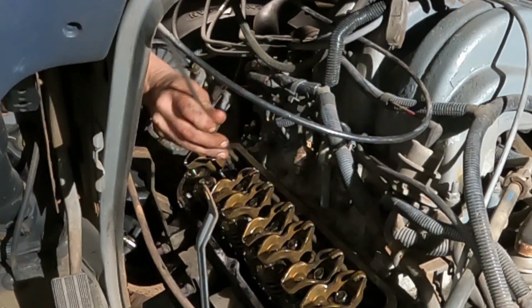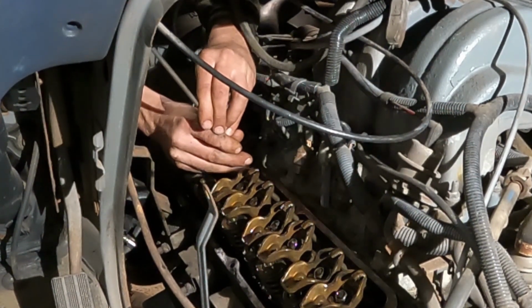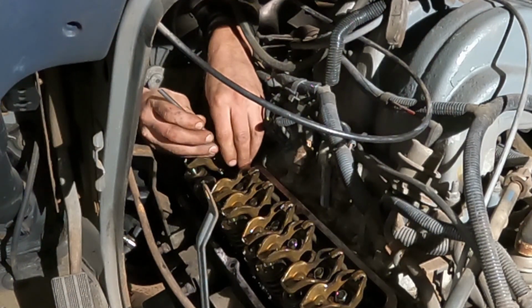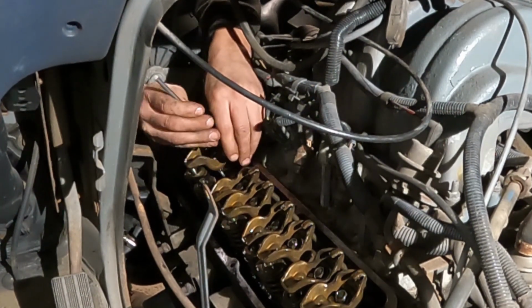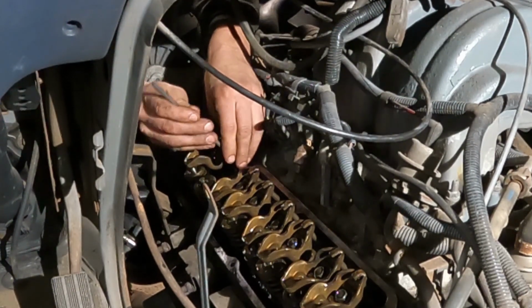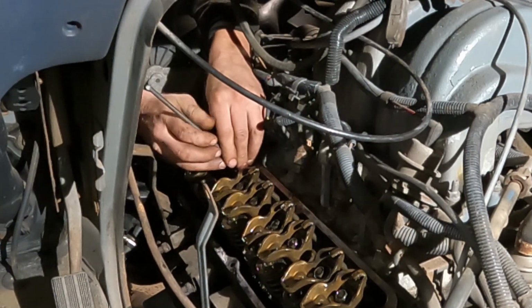Oh, this might be harder than I thought because it also wants to fight. But these are strong magnets, so I might be able to grab it. I think I grabbed it. But it was sideways laying down there. So I can grab it